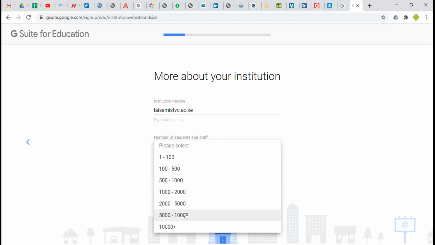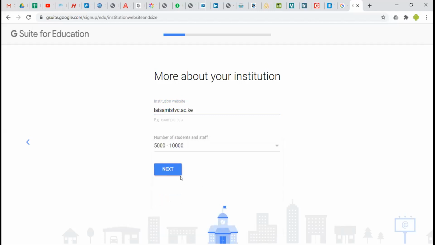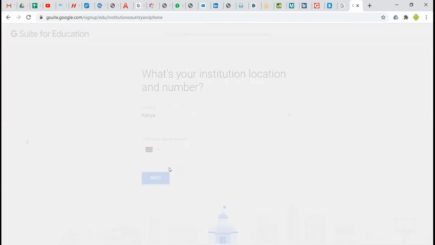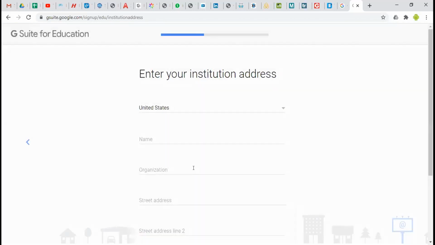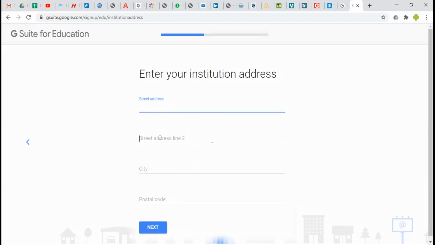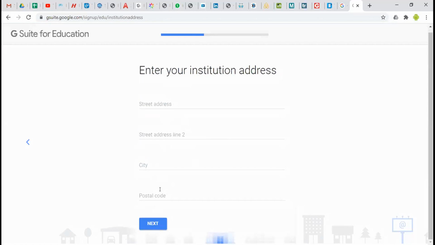Not a big institution, 5,000 to 10,000. You give a number. Then you put all the details, you continue like that until you finish.